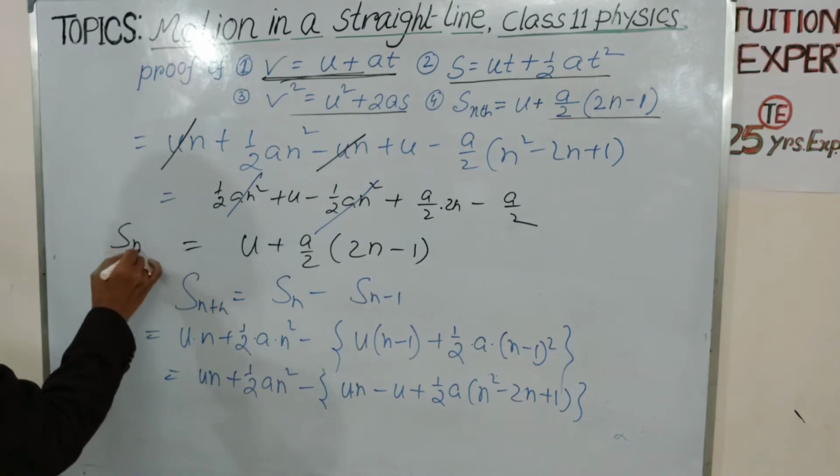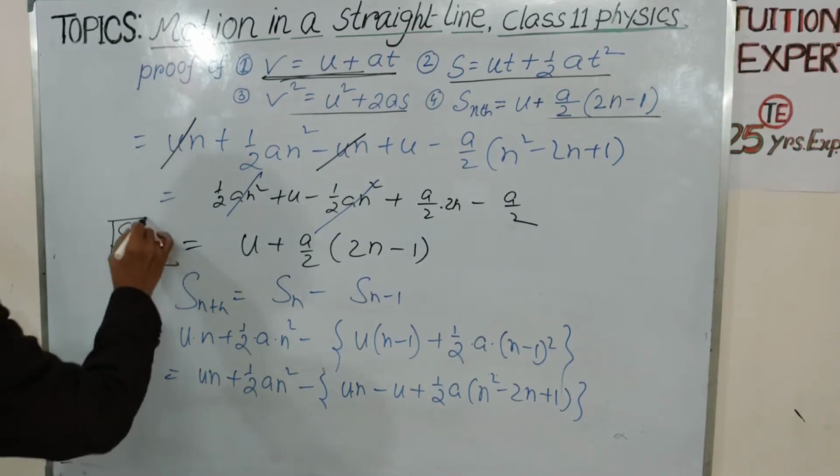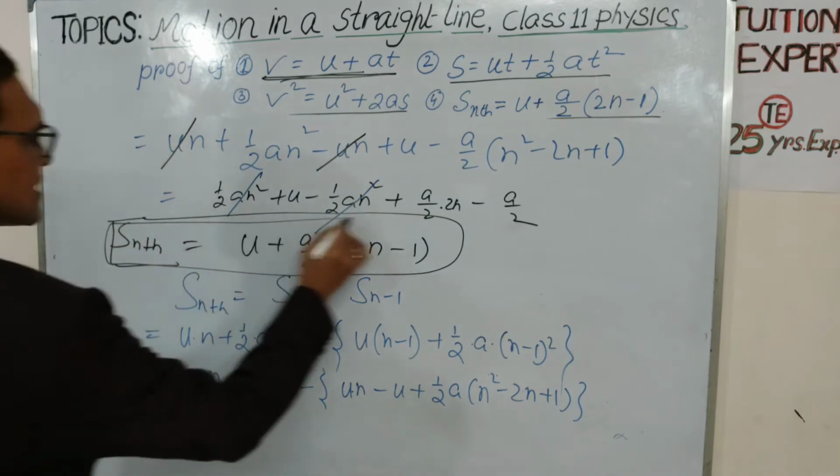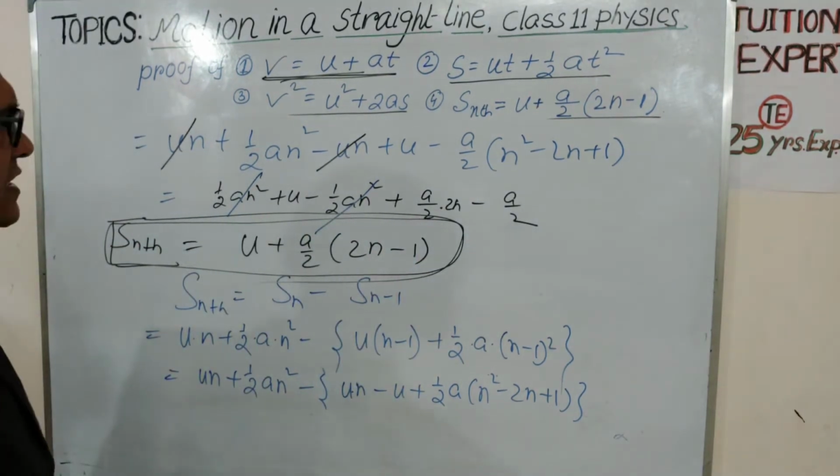So this is the distance traveled in the nth second, meaning the distance traveled in the last 1 second. So these are the general